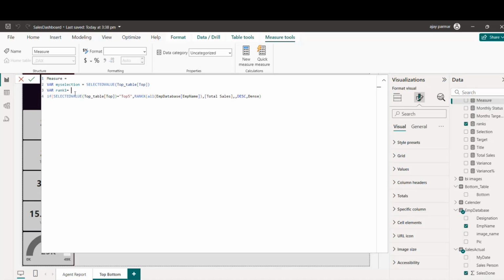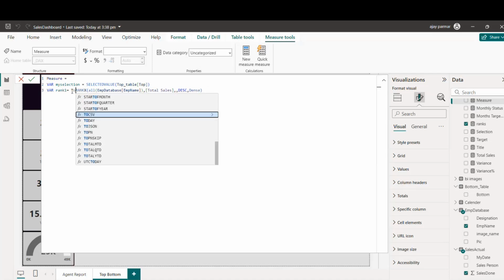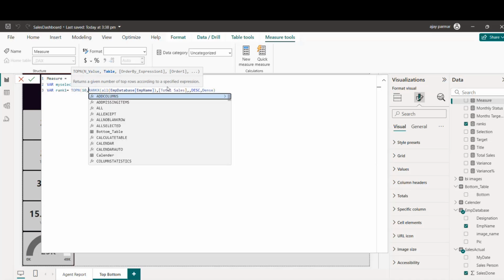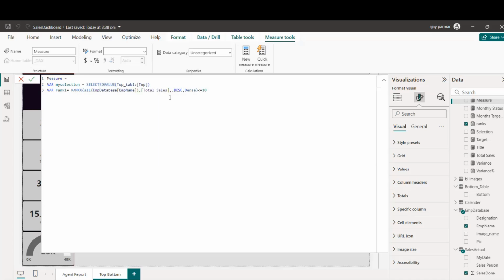First I will say that this should be less than equals to 10. I'll say top n 10 table I'm giving less than equals to 10. Copy this, paste this, less than equals to 5. Okay. All right, now